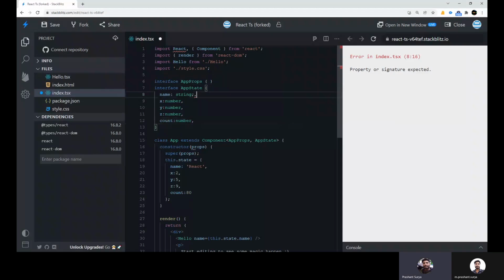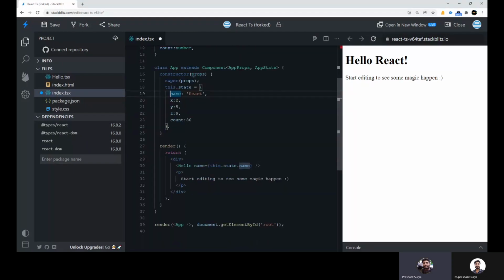So you can see that we have a state object in which we have 5 variables: name, x, y, z, and count. Let's suppose we have to use this name more than once in this DOM, virtual DOM.